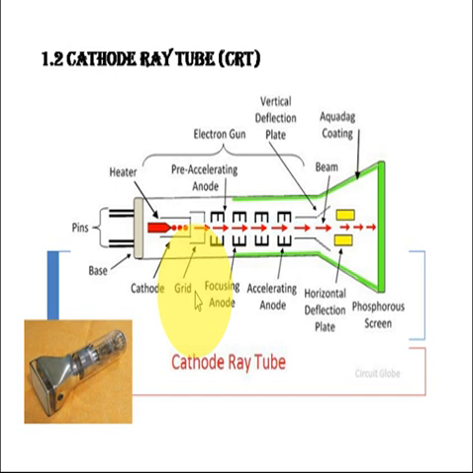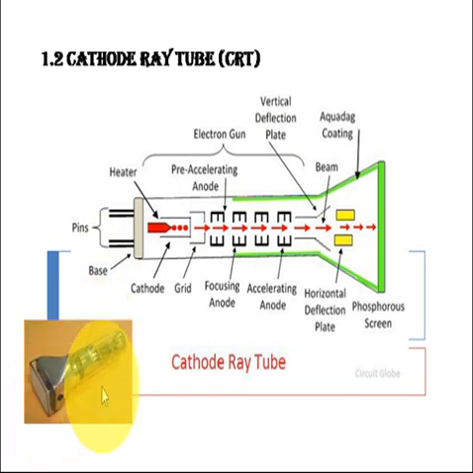On the screen here you can see CRT, that is CRT stands for cathode ray tube. This cathode ray tube or CRT is the heart of CRO. The entire working of CRO is based on this cathode ray tube. Here is the diagram of the CRT. The internal diagram of the CRT is shown over here. This diagram we are going to learn in detail, and this is the outer look of that particular CRT tube.